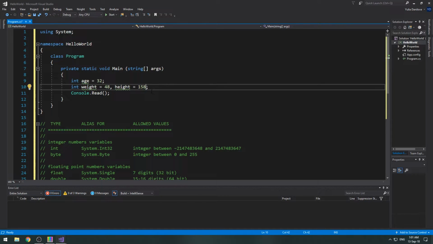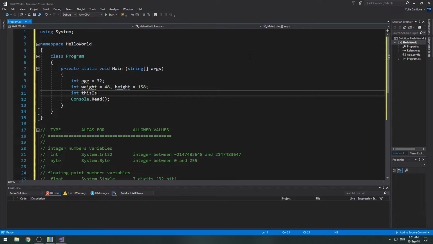By convention, variable names follow standards that are not mandatory, but it is considered good practice to follow. You can name your variables whatever you want, however, most programmers use what is called camel casing. The first letter of the variable starts with a lowercase character, and if the name contains more than a single word, the following words are each joined starting with a capital letter, like this. In the description, I will leave a link to a more detailed explanation about variables naming conventions for those that are interested. It is a good time right now to start learning about the binary system.